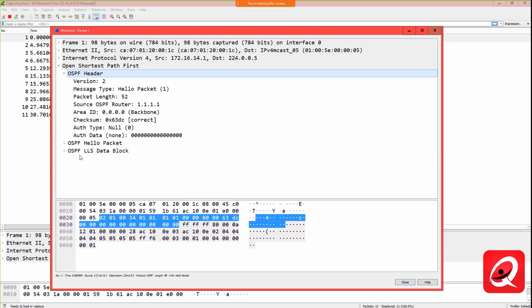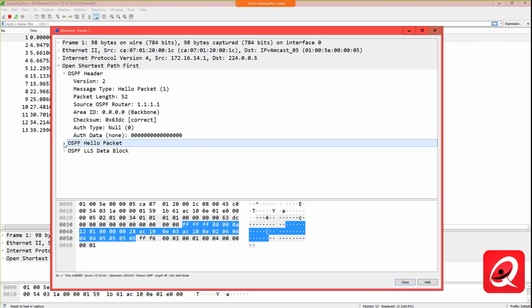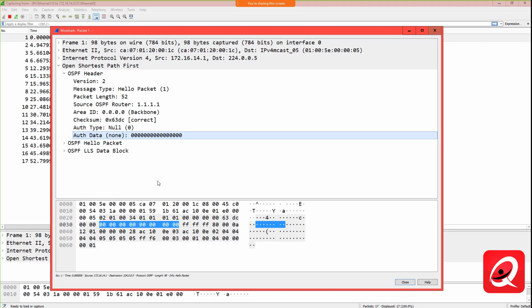The hello packet header is here, and the hello packet data is here. So the authentication piece is not actually included physically in the hello packet. It's included in the OSPF packet header. We can see an authentication type of null, which is 0. That's the type code that we're using to represent the authentication type. And we can see authentication data is just basically filled in with zeros, indicating that we're not doing any kind